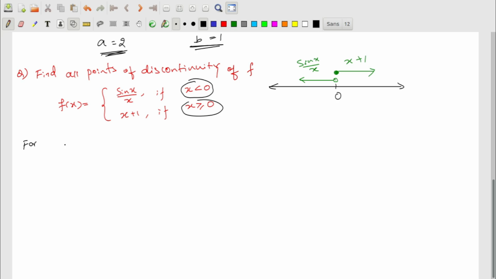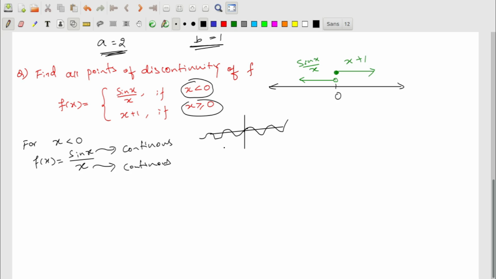For x less than 0, right? For x less than 0, the function f of x is sine x divided by x. So now here, this numerator sine x is a continuous function. We all know, because what is the graphical representation of sine function? This is how we get a sine function without any point of discontinuity, right? So now we all know sine x is a continuous function, and then x, which is a